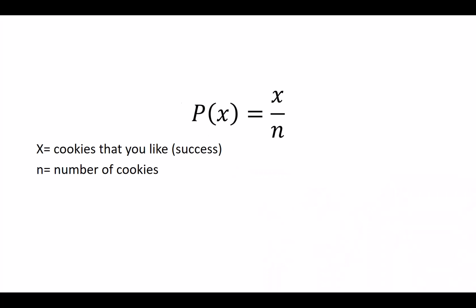Welcome to Intro to Probability using Cookies. Cookies. Simple enough. Probability of getting a cookie that you like, for instance, chocolate, versus the total number of cookie options